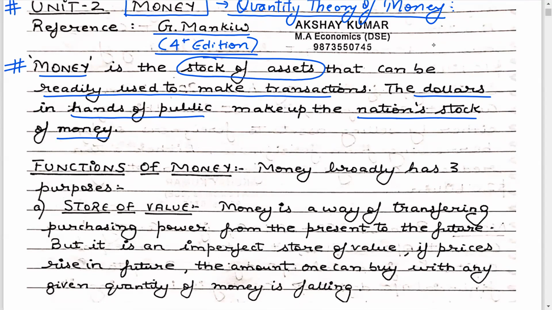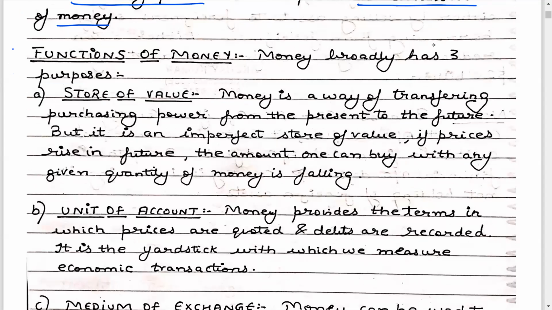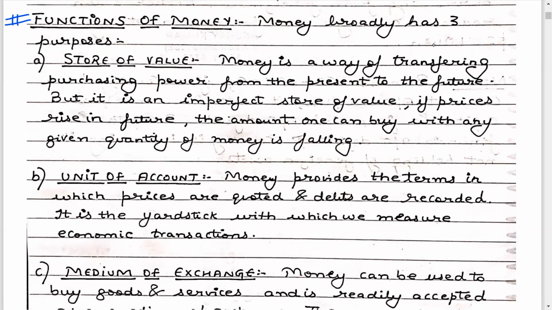Okay, let's quickly look at the functions of money. Now, again, students attending this lecture are familiar with these functions from high school economics. So, broadly speaking, money has three purposes. Money can be used to store value. Okay, all of us recall that before we actually started having coins and paper notes, we used to have the barter system. Now, what was barter system? Barter system was the commodity for commodity exchange system.